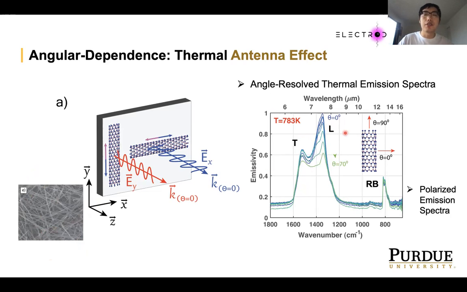So the thermal radiation of the L mode can be seen as the radiation of a dipole along the longitudinal direction of the nanotube. We know the radiation pattern of the dipole. It will decrease towards higher angles. So the thermal radiation of the L mode will also decrease towards higher angles. But because of the rotational symmetry of the nanotubes, the tangential and radial buckling modes will be unchanged.